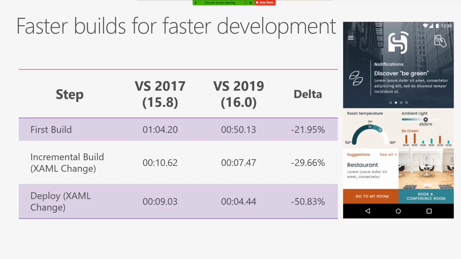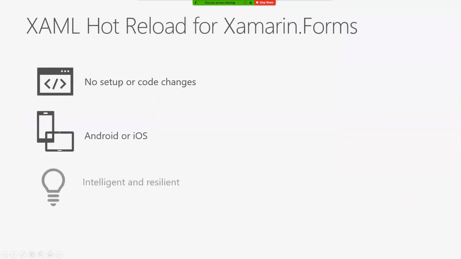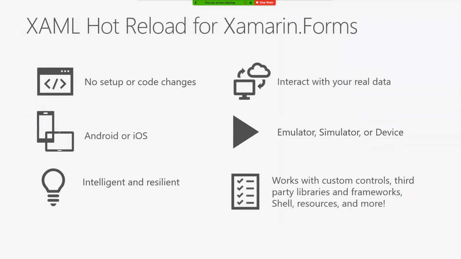That was a lot of time that I would have spent on Twitter, but I don't have that anymore because my builds are too fast. Other tools, I showed you this one, XAML Hot Reload for Xamarin.Forms. You also have this with UWP and WPF. You might be familiar with it, but it's the idea that I update my XAML and it updates immediately on that running app.